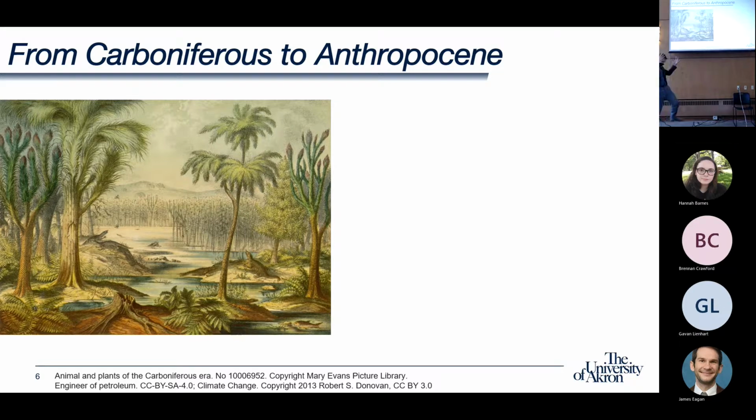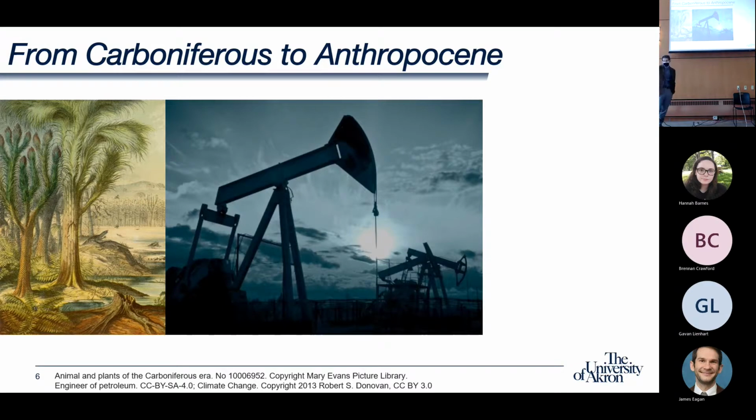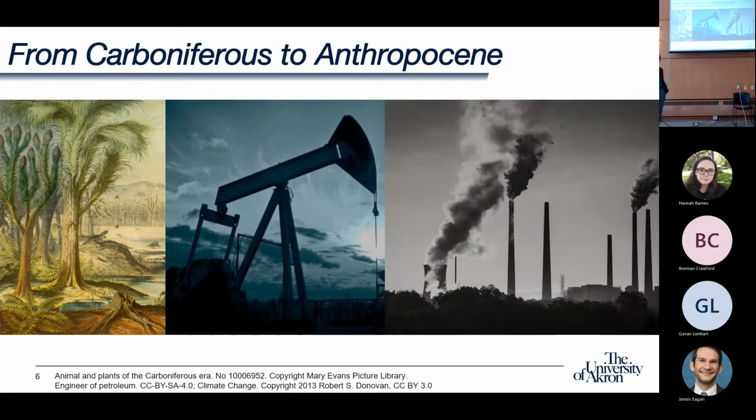They're growing enormous. 300 million years ago, our Earth was a single continent covered in a very shallow ocean. So when these trees do eventually fall over, they fall into the seabed, they sink, and they gradually, over 300 million years, got turned into our coal and our fossil fuels. And in a relative geological blink of an eye, in 300 years, we have essentially incinerated nearly all of that carbon, putting it back